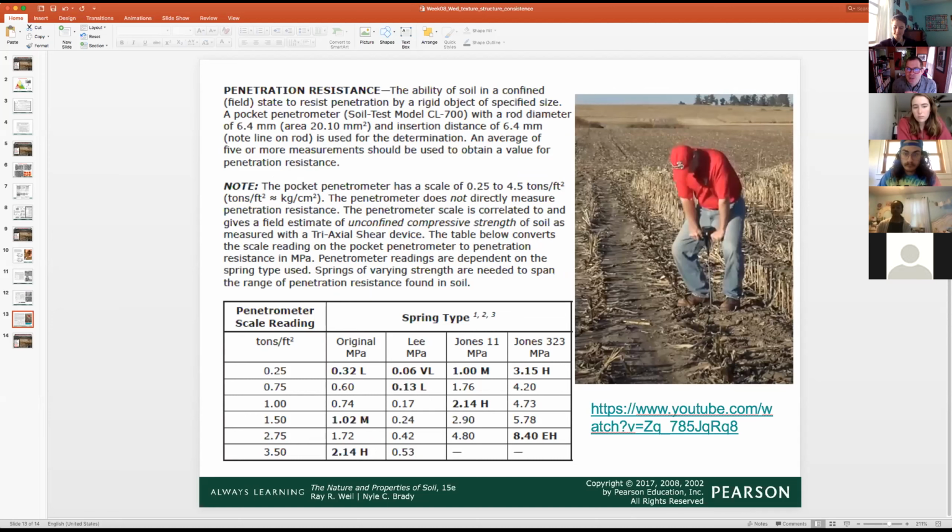You can see the picture on the right. That's a soil penetrometer, and it measures how much force you have to apply to get a certain surface area to go into the soil. That's a little bit harder to do without a specific tool, although you can certainly do some relative things, like taking a pencil and trying to push it into the soil, just to get a sense of what the relative